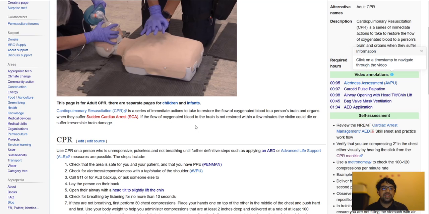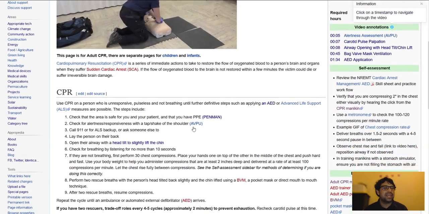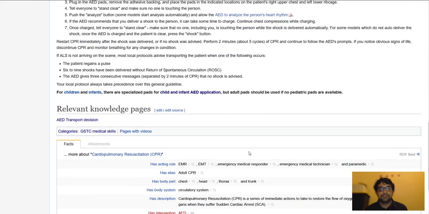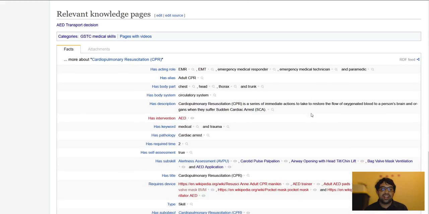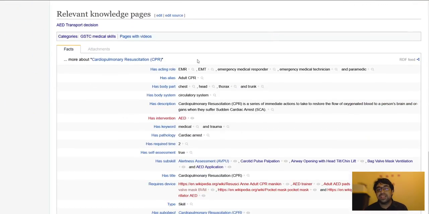Below the video, we have a section for narrative content that explains in more detail what's happening on the video, that gives information or that sends learners to other sections of the skill pages of other courses, or even to outside pages. And all of the content that you saw on the info box and even more is noted in this fact box,